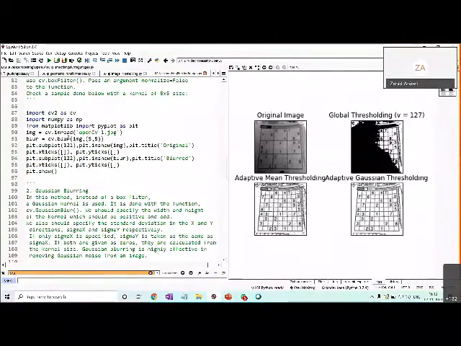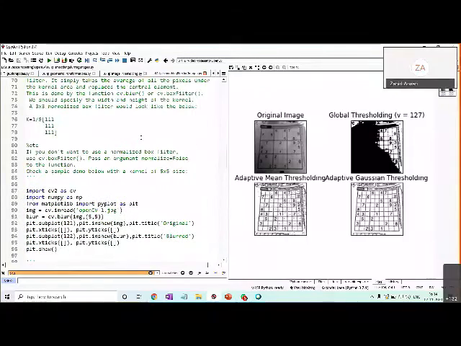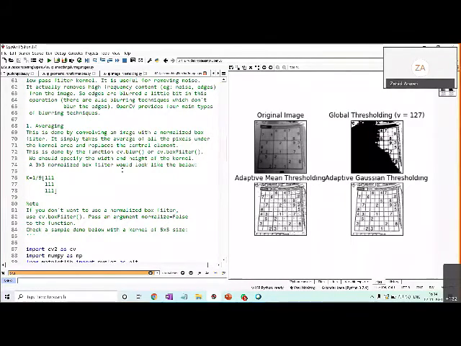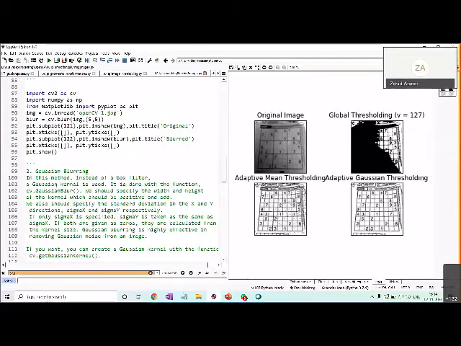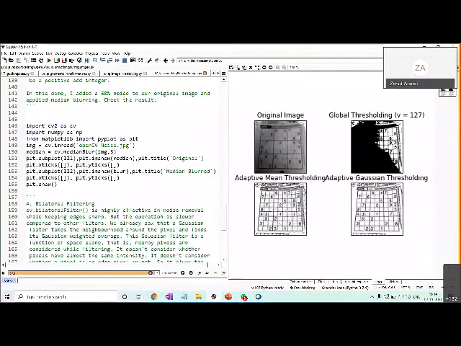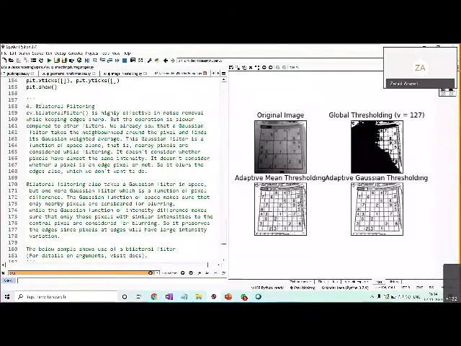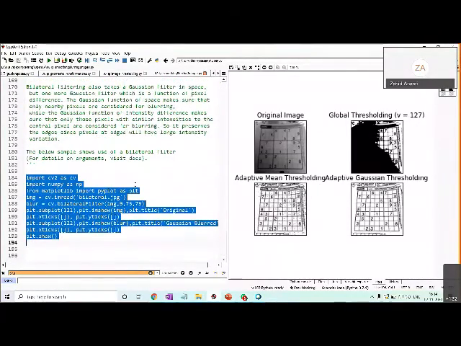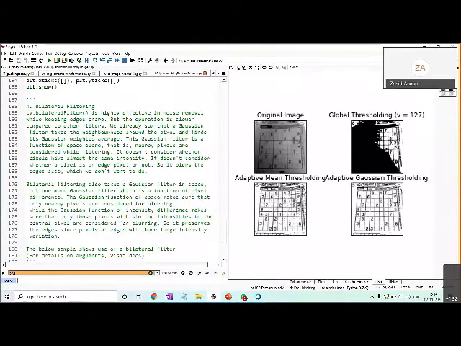There is a blur method which performs the averaging. For Gaussian blurring, there is a GaussianBlur method. For median blurring, there is a medianBlur method. After that, there is something called bilateral filtering for smoothing or blurring, and a bilateralFilter function is there.